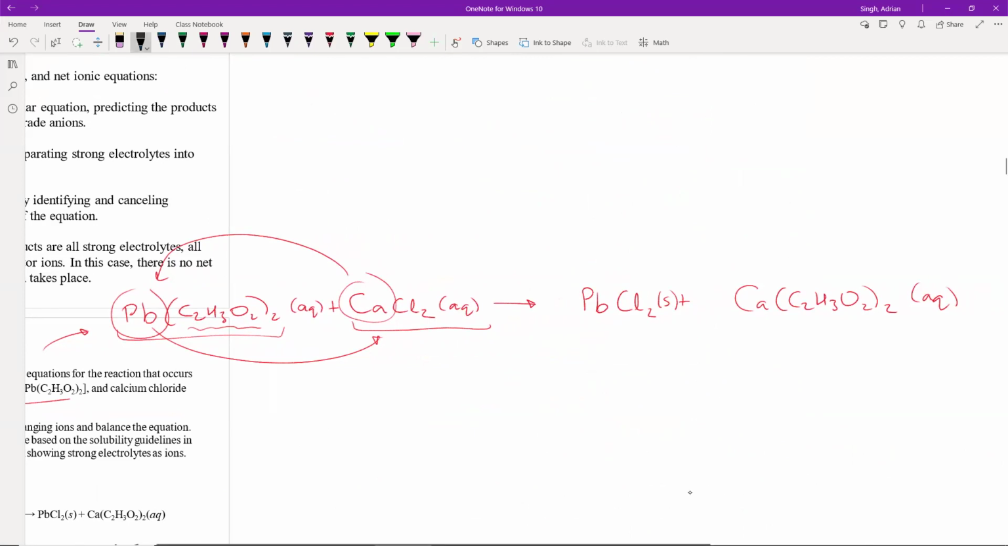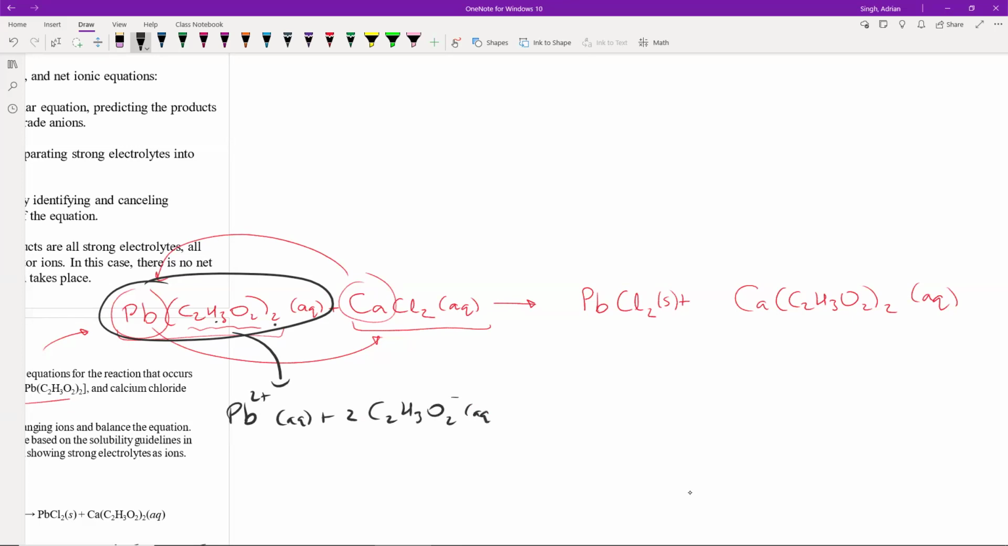Everything that is aq, I'm going to split apart into its ions, right? So here, this is made up of Pb2+ (aq). Then I have 2 acetates, so I have 2 C2H3O2- (aq). Okay, so the lead acetate gives me those ions. The calcium chloride is going to give me calcium ion, Ca2+ (aq). I'm also going to get 2 chlorides, so 2 Cl-